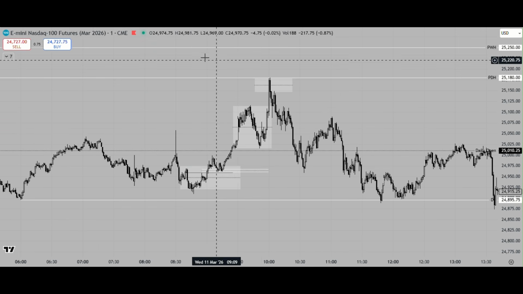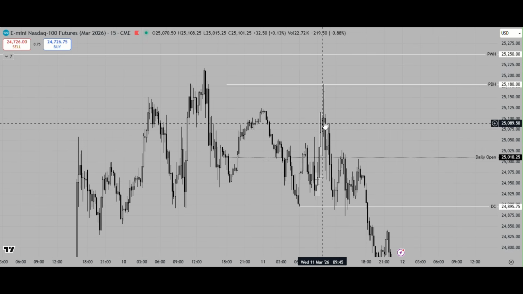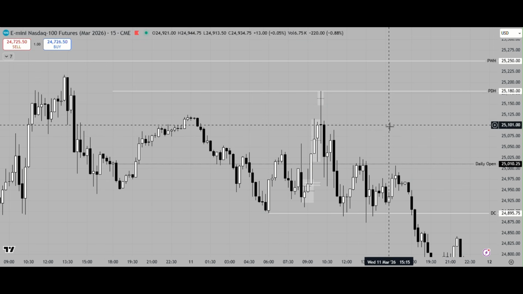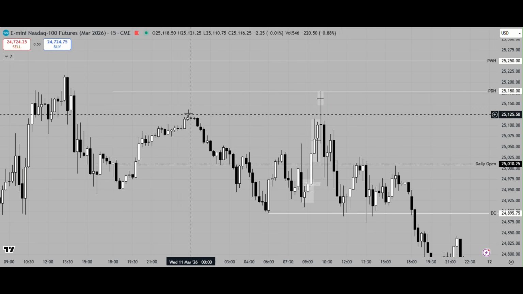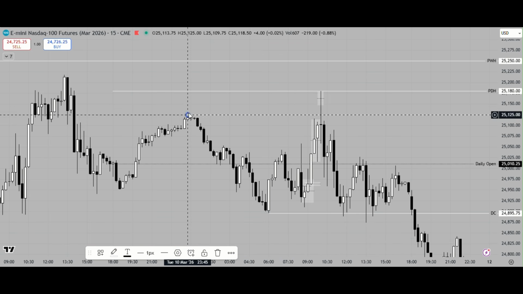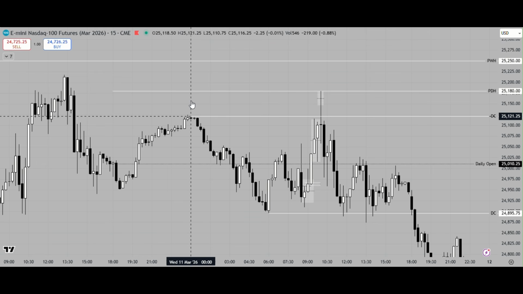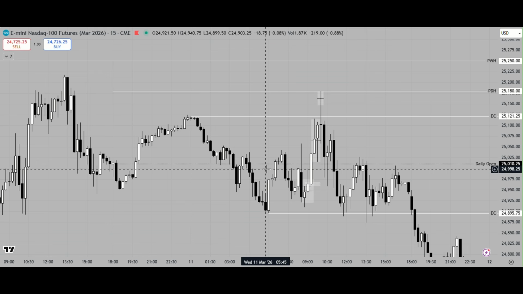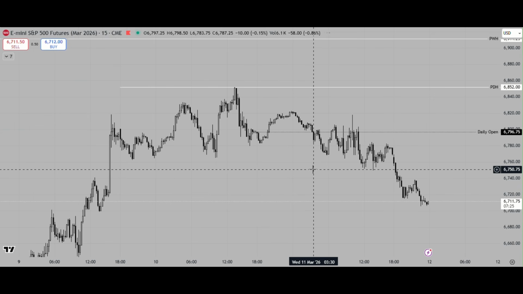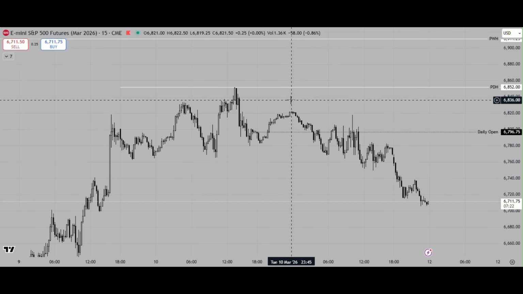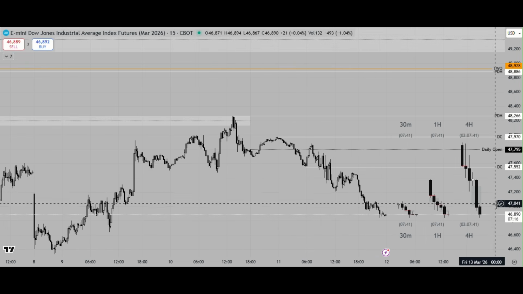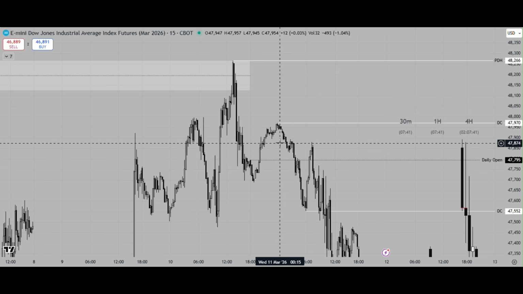And then we had also here on the top, can you notice one thing? Above the daily open we short and under the daily open we longed. Take notes on that. But this one took the daily cycle high. This is the daily cycle high, from 12 to 6 is London's liquidity. But ES didn't take this high, as you can see. YM didn't take this high, as you can see.